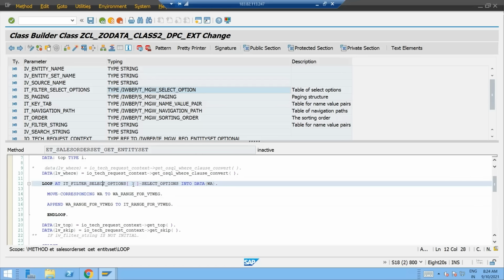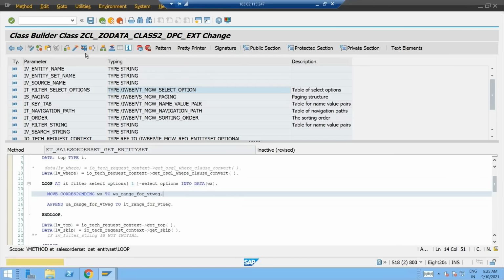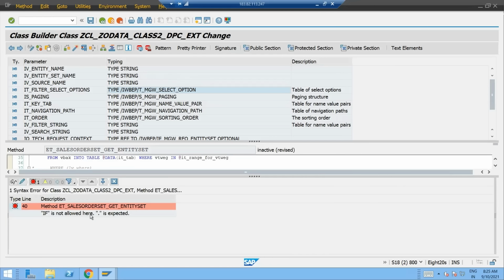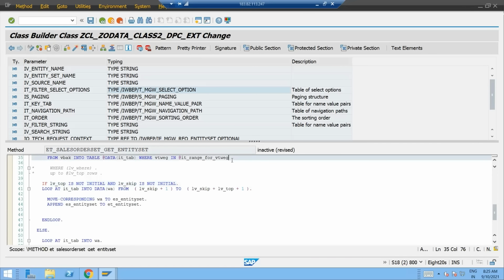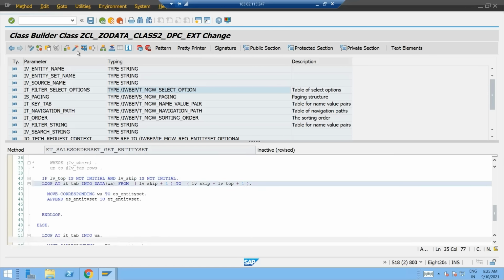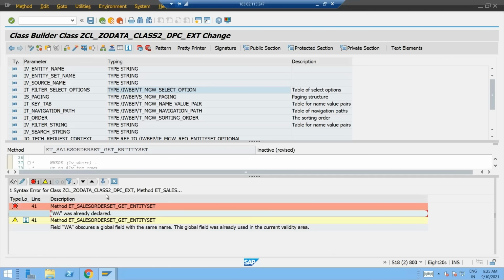Because under the first record, select options we have as a field, and that is an internal table. That internal table I'm looping over one by one and moving into my select options. In debugging I will show you. Pretty printer, check the syntax, some error is there, if is not allowed. Okay, if I put the full stop over here and check the syntax now,